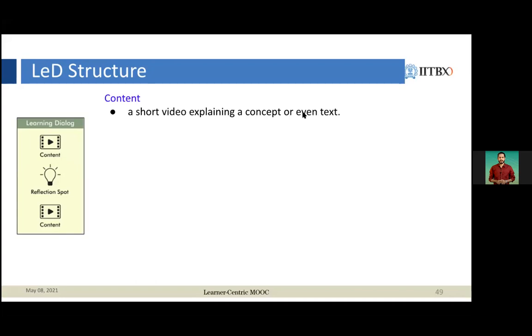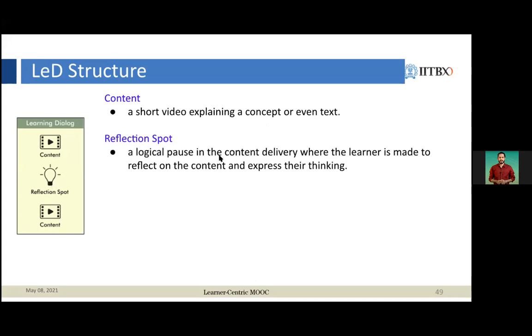Okay. This could be a video explanation of the topic that is interspersed with the reflection spots or something like that. Okay. And then what a reflection spot is, it's a logical pause or a point where we pause the video. Okay.